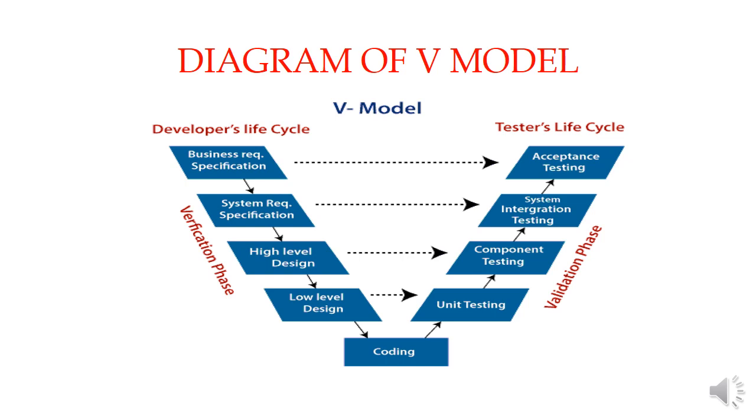specifies the validation. Developer's life cycle: business requirement specification, system requirement specification, then high level design, low level design and coding. The right arm will have unit testing, component testing, system integration testing and